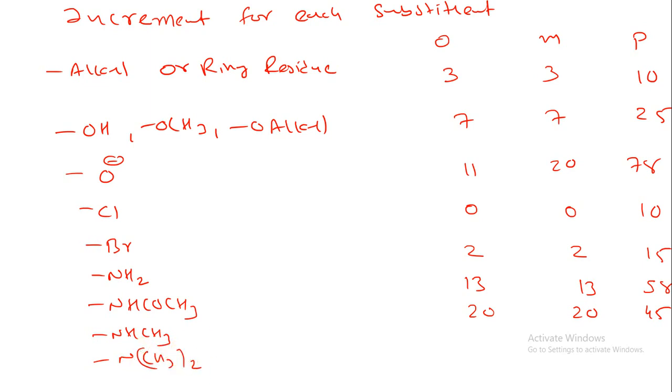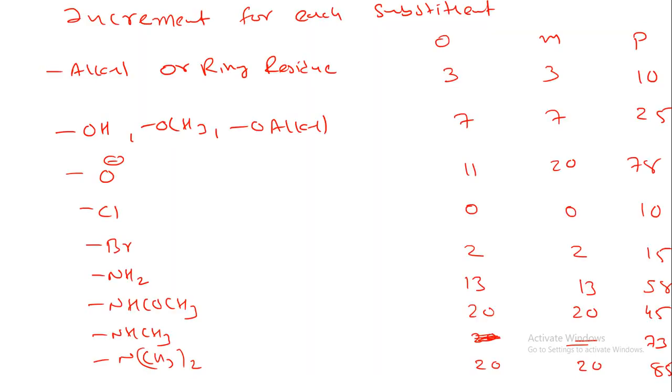Okay, for both the cases we have to add 20 nanometer. For the ortho and meta, sorry, there is no value. Para we are having 73 nanometer. Ortho and meta we are not having any value. For NCH3 twice we have to add 20 nanometer, and for para we have to add 85 nanometer.